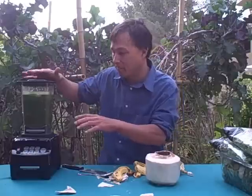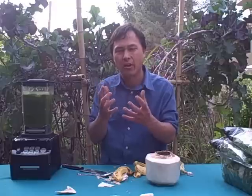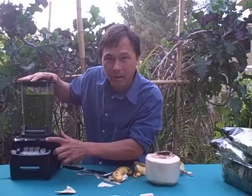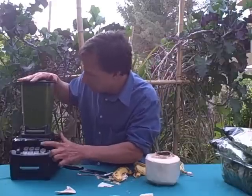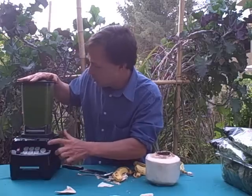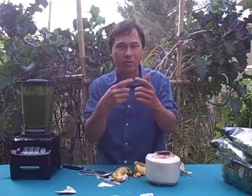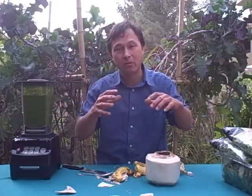So we're going to pulse blend this mixture, because the leafy greens take a lot more power to break up, but the bananas are so soft it doesn't take a lot. So we're going to do the pulse blend technique. We're going to hold down the pulse button and just let it blend for a second and let go. And just doing this a handful of times, it'll get the bananas blended up to a nice consistency without you having to run it and overblend your mixture, because once again, overblending will cause more oxidation, which lowers